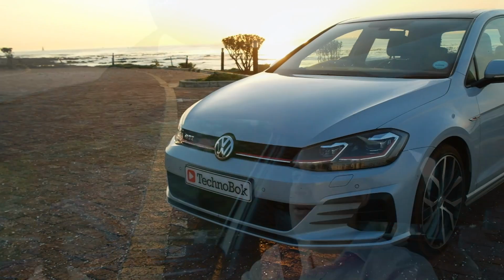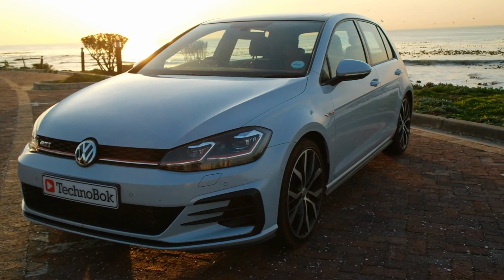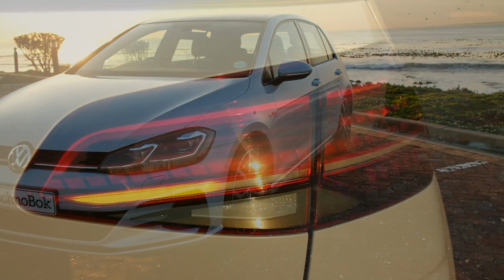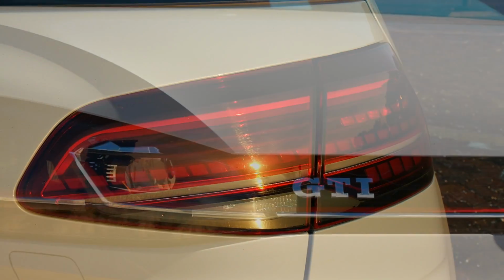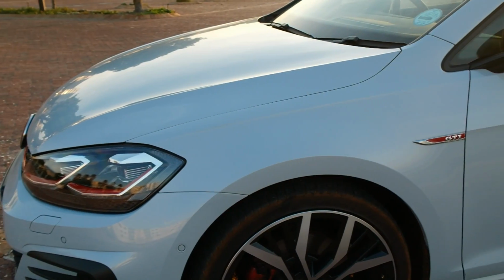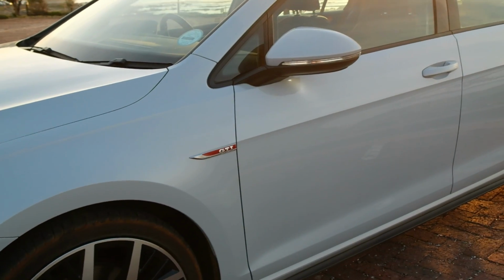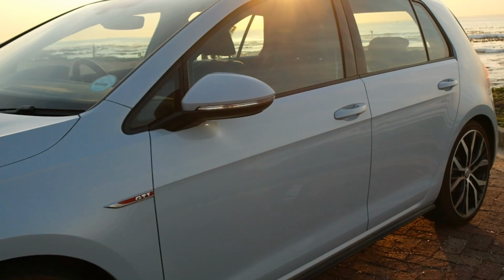From the outside you can tell it's got some bolder, more pronounced styling touches. The front bumpers, for instance, remind you a lot of that Clubsport. You've got the full LED lighting up front and at the rear. You also get the more pronounced GTI badging and red lines through the front lights, as well as those gorgeous 19-inch Santiago wheels on which it's available. The latest generation GTI packs some styling changes on the outside, but perhaps most of the changes really happen